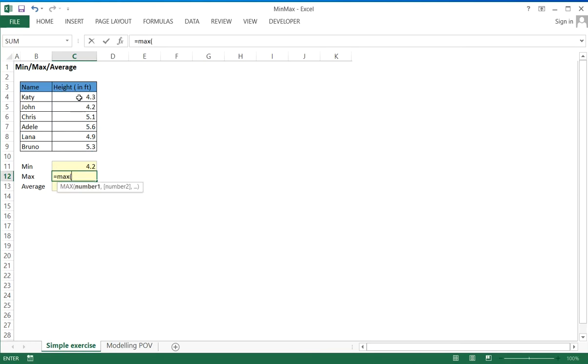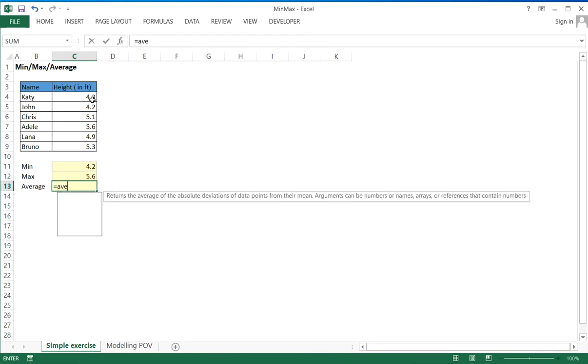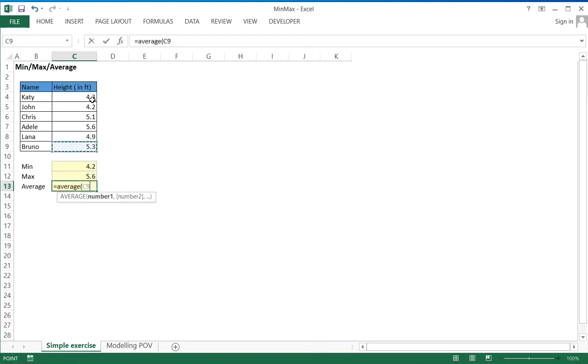The max function, on the other hand, returns the largest value from a given set of numbers, again selecting all the set of students. The average function, on the other hand, gives you the average of all the selected numbers. So the average height of a class can be determined by using this function, and we'll select all the values and close the bracket. So as you can see, the minimum number is 4.2, the maximum height is 5.6, and